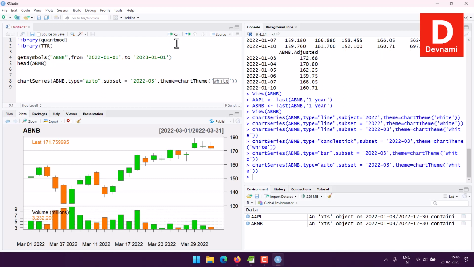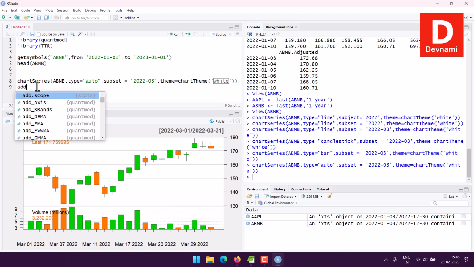Now we can move on to the next thing, which is going to be the technical indicator that uses our current charting option, right? So we will keep this as is without making many changes. Everything we will keep. We will add chart simple moving average or EMA, those two options for the technical indicators we will try out, right? So for that we make use of TTR, right? TTR will allow you to use add